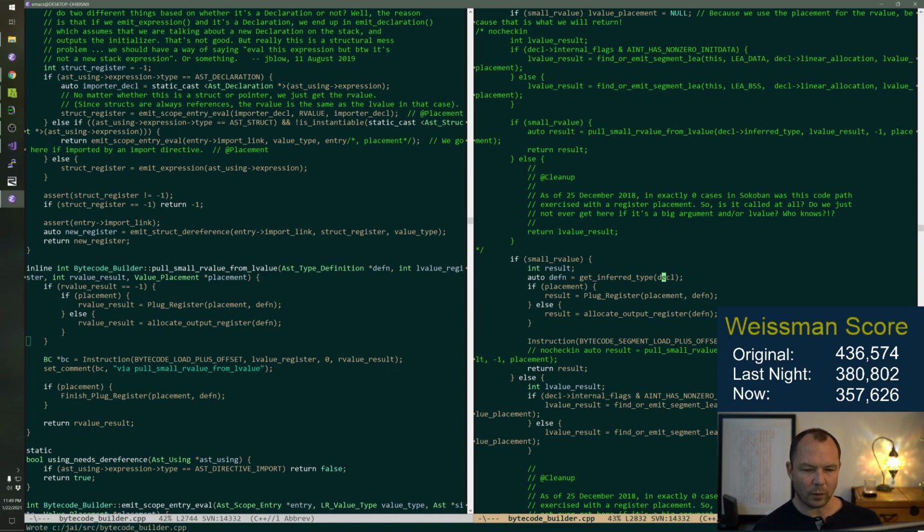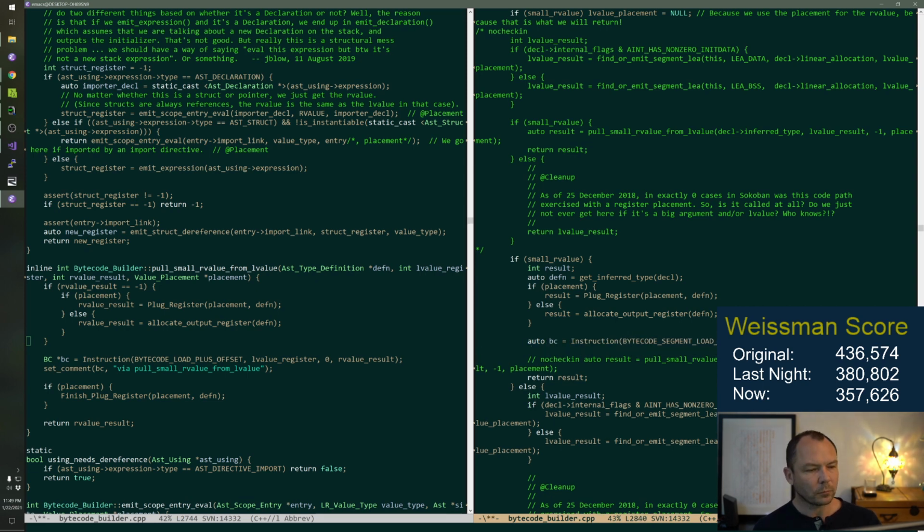Okay, we'll refactor this and clean it up later, but the point being, if this is small and we know where it is, we get it from where it is.